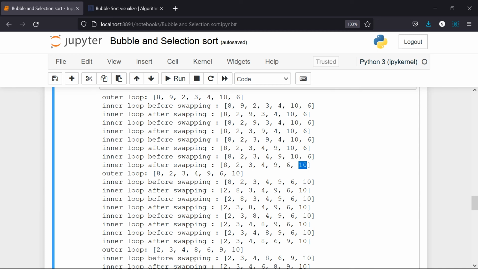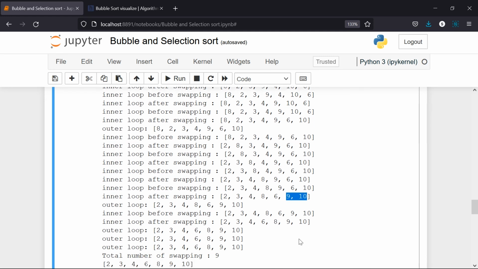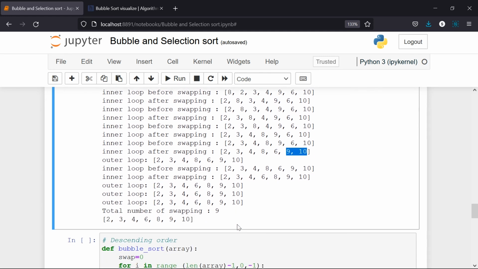In the next iteration it has to reduce the number of iterations in the inner loop. So 10 is frozen, right? After that there is only a comparison between 9 and 6. There is no comparison for 9 and 10, since we know that 10 is bigger. Like this I am able to reduce the number of iterations of the inner loop, until it becomes 0. So how many swapping operations are going to happen here? A total of 9 swapping operations are going to happen to reach this set of elements in sorted ascending order.